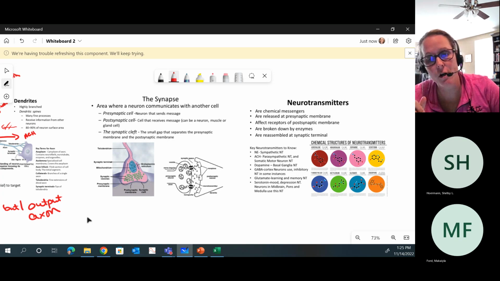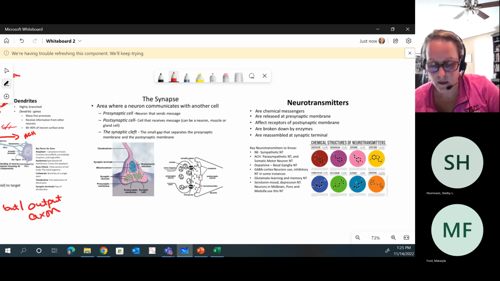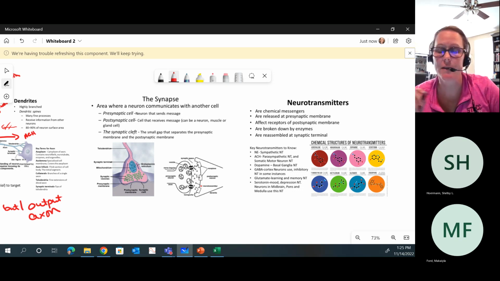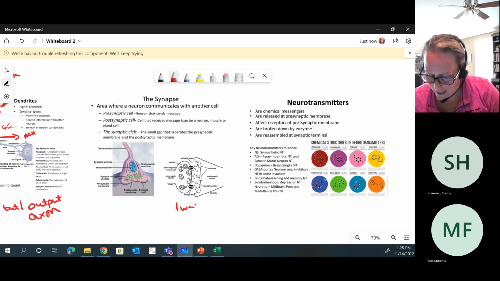So the somatic motor neuron was releasing acetylcholine. Acetylcholine was traveling across that space, going to the motor end plate and hitting its receptor. So when neurons have synapses, they can synapse on other neurons, they can synapse on skeletal muscles, they can synapse on smooth muscles, and they can synapse on glands. Okay. And because this is again one-way communication,